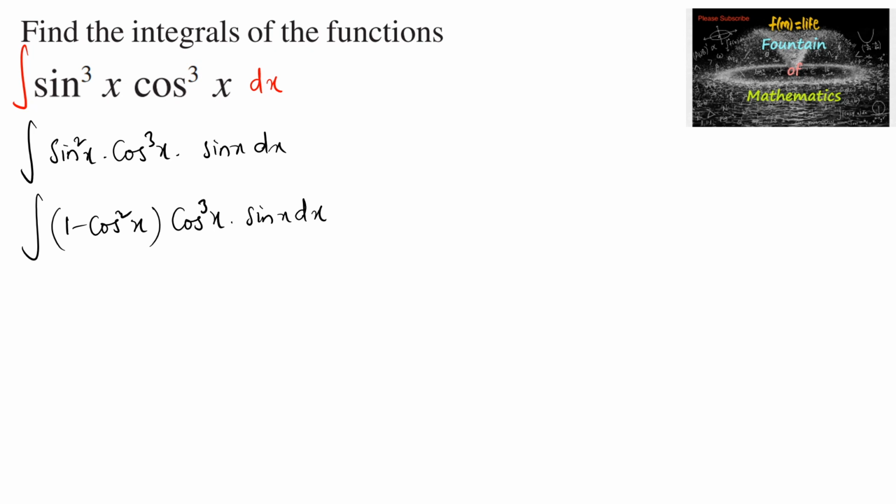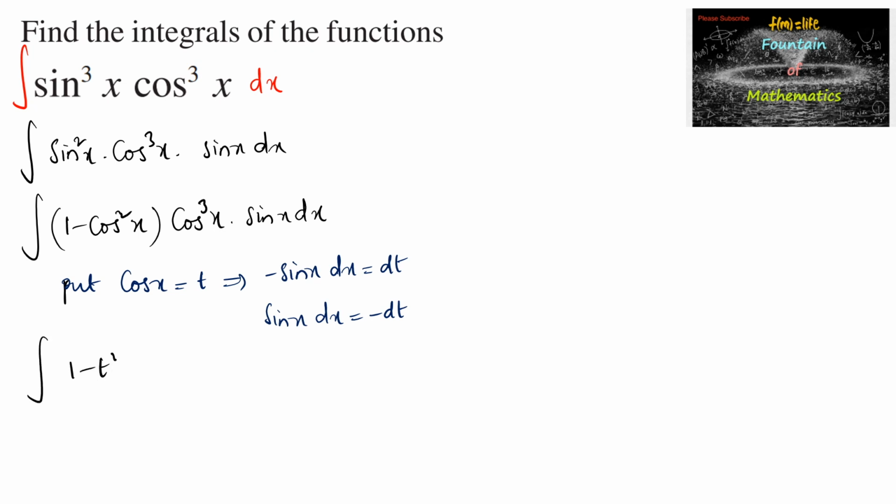So let us substitute, or put, cos x is equal to t, which implies negative sin x dx is equal to dt on differentiating. So we can write sin x dx is equal to minus dt. So our integral we can write 1 minus t square into t power 3, sin x dx is negative dt,